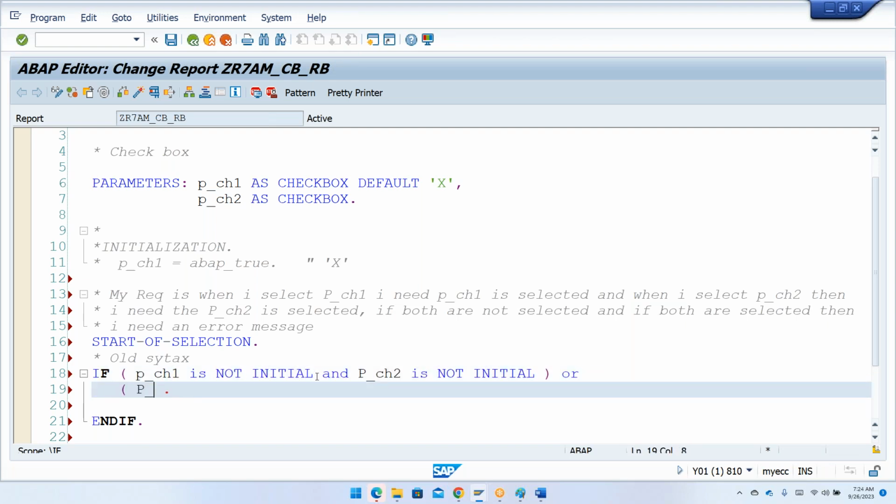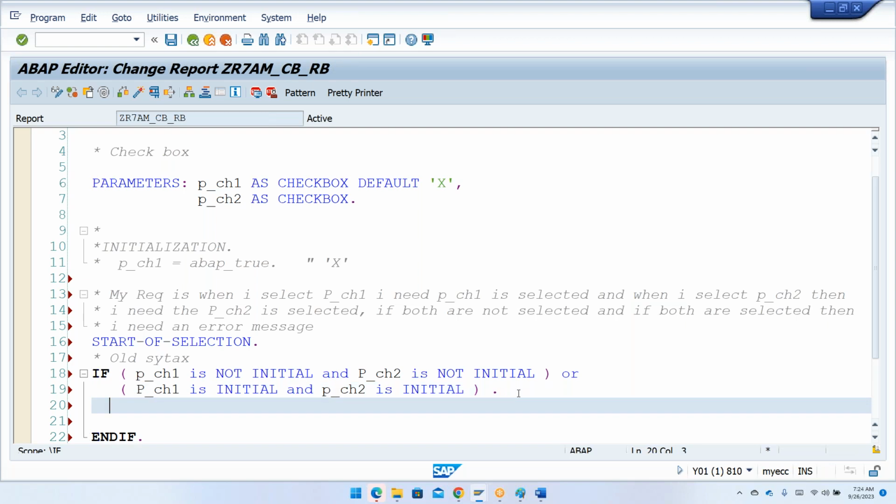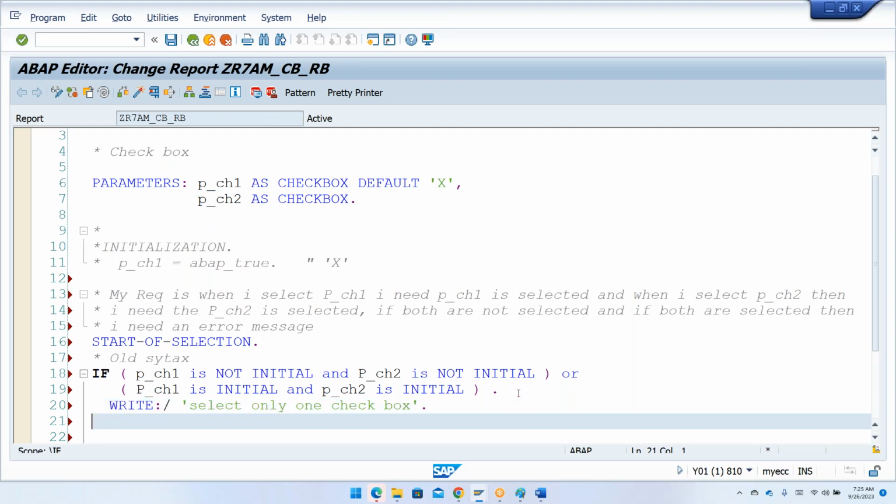if p_ch1 is initial and p_ch2 is initial. So I'm just going to write both the conditions. So if both are not initial or both are initial, I would just say write: select only one checkbox. And the same way, else if p_ch1 is